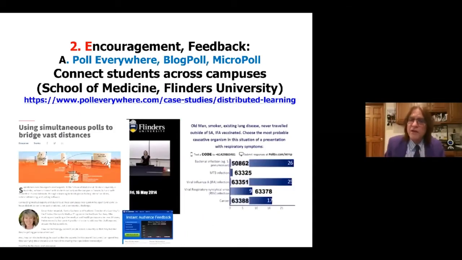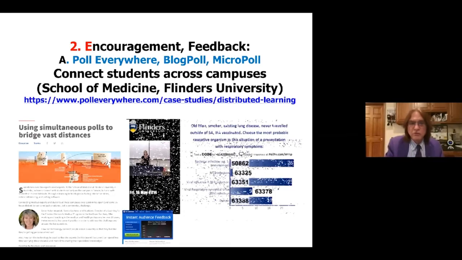Another tool sort of like that is Poll Everywhere. In Australia, at Flinders University, and at other universities in Australia, and in the US and other places, they use Poll Everywhere to ask questions while they're video conferencing. And the students at the remote sites, you can see their answers and how it differs. Here's the School of Medicine at Flinders University in Australia. They're asking different questions, and you can see the answers show up on the screen automatically. It's a free tool for Q&A, polling students, taking a survey, and you can see the results show up.